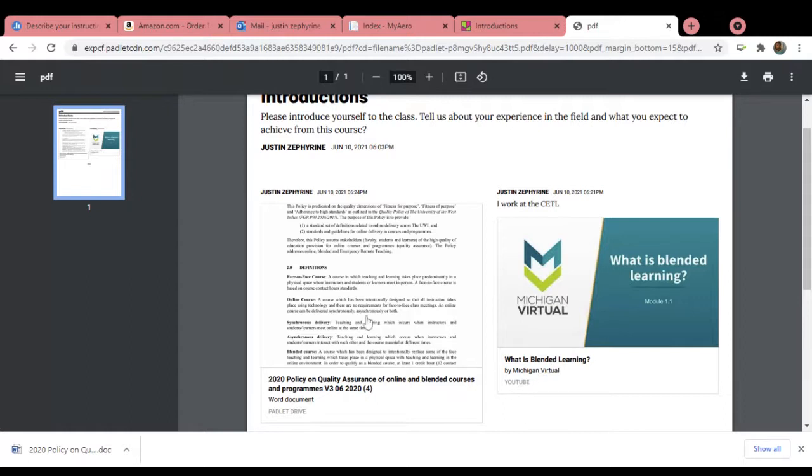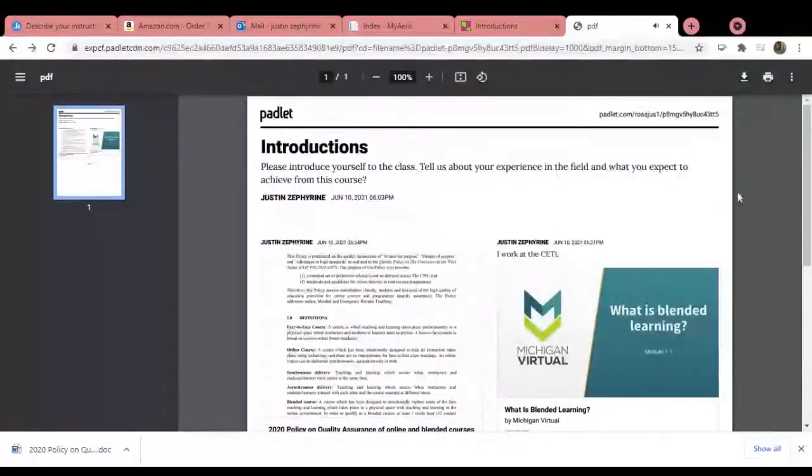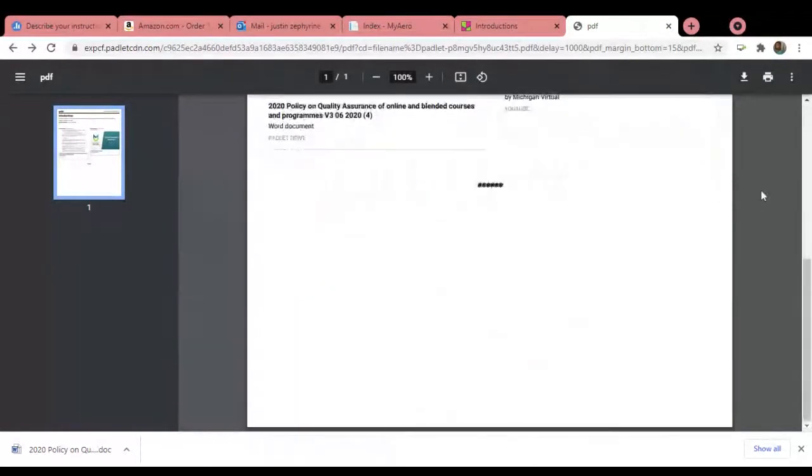Michigan Virtual, YouTube, and here it's a Word document, etc. So for example, if I click on it, it takes me to YouTube, to the source of the information, and I can play it from there. But I don't have to play it now. So you see the usefulness of Padlet to do different things, generally speaking.